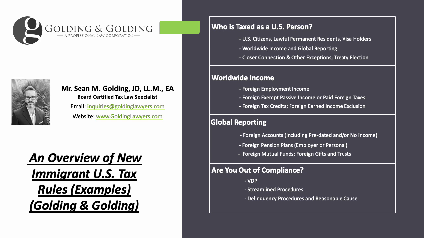So, first things first. Are you a US person for tax purposes? If you read some of the information out there, it makes it sound like it's just US citizens, but that's not accurate. Three main categories of individuals. And we're just talking about individuals, businesses, territorial rules, way different. We're just talking about individuals coming to the US and gaining US status and looking at that tax return for the first time and thinking, what happens next?